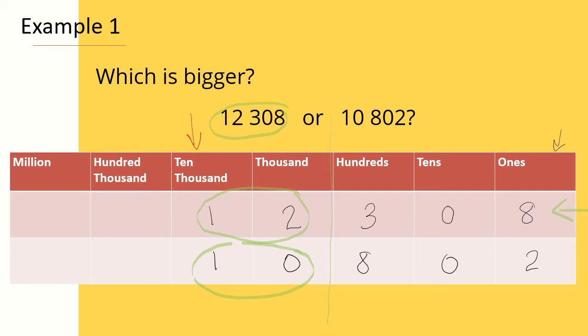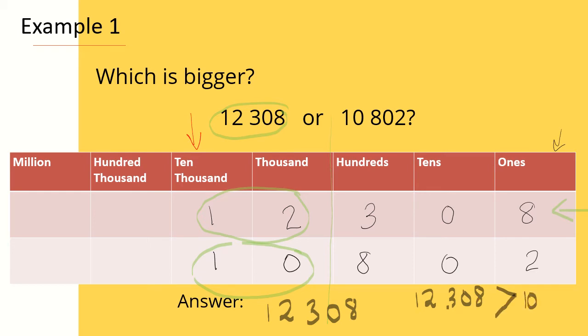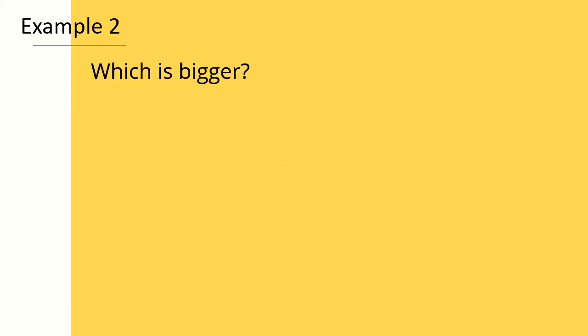So the answer is 12,308, or you can write this down as 12,308 crocodile's mouth open up at this number, which is bigger than 10,802. There you go. Next, example 2, which is bigger,